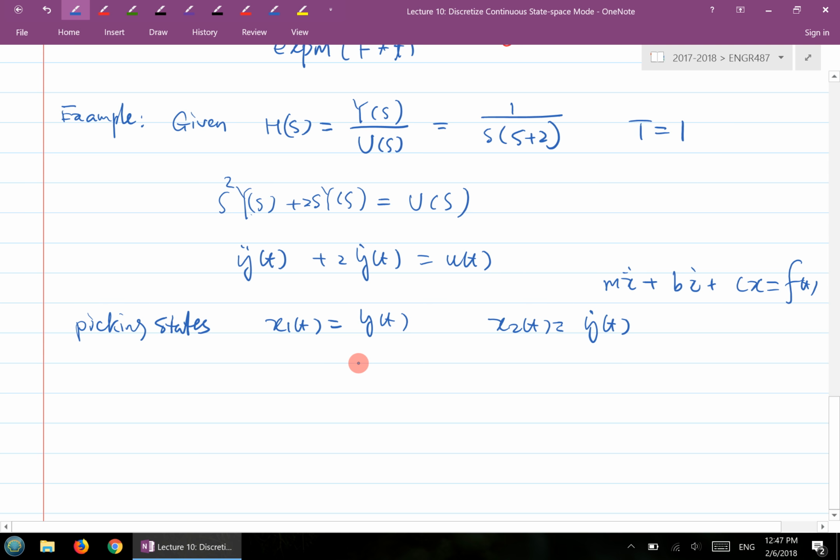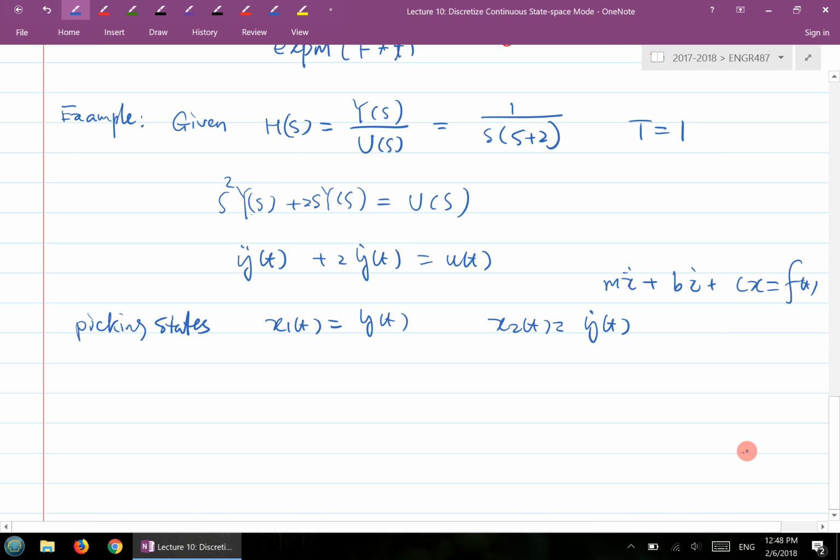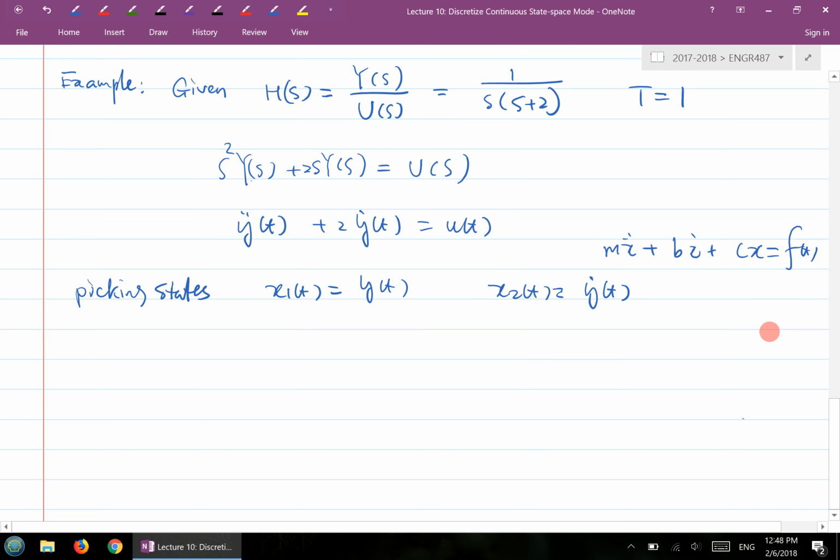The reason we do this is that in a typical system, especially in a project or experiment, you have sensors to measure the position and also sensors to measure the velocity. So we can make use of those as available measurements. Once we pick the states like this, we can write down the continuous state space model. As you can see, first of all, x1 dot,